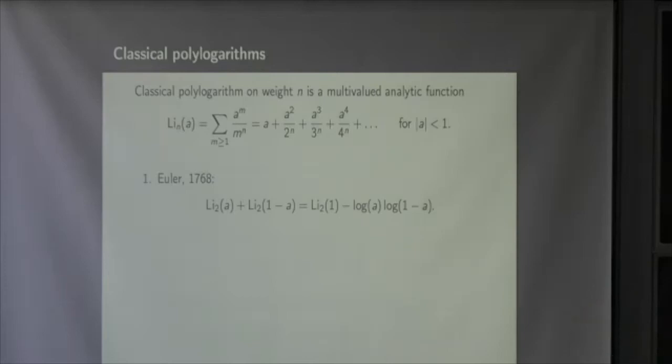So polylogarithms appeared in a mail exchange between Leibniz and Bernoulli. Basically, they tried to compute the value of the polylogarithm at 1, so the sum of inverse powers. And the first person who succeeded, as everybody knows, is Euler, computing Li_2(1) as pi squared over 6. The interesting way is he first discovered this equation, which is the first functional equation for the dilogarithm. The reason he needed that is because the power series Li_2(1), the sum of inverse squares, converges very slowly, and it is not possible to guess the answer if you just compute it by hand,